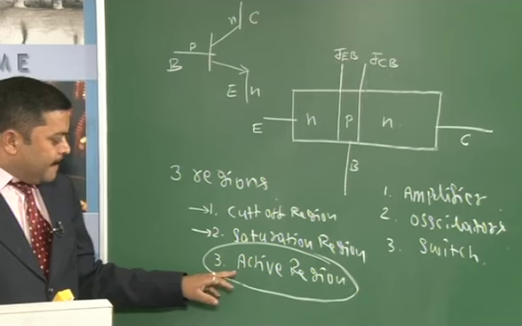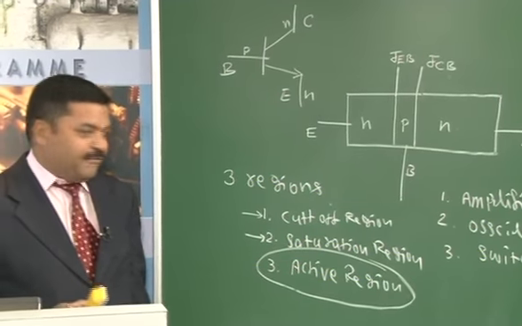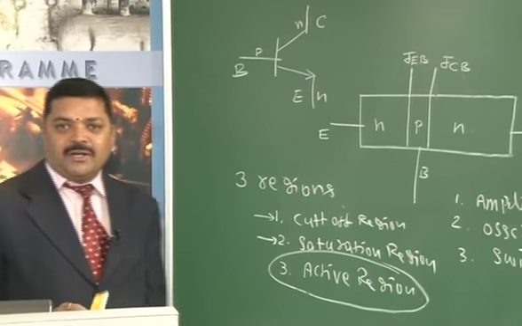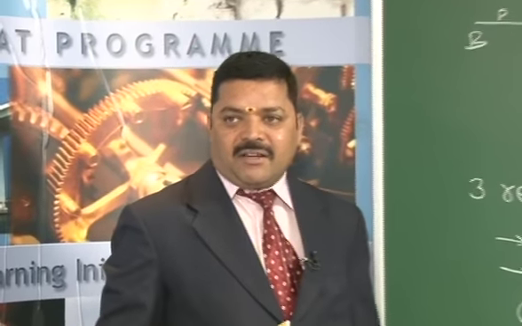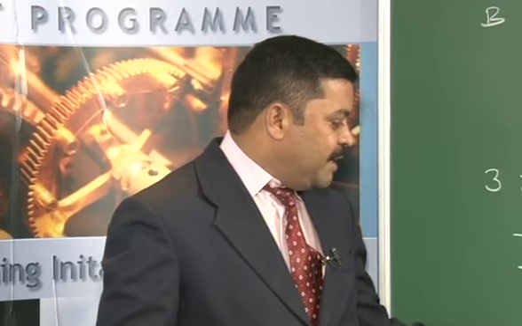Next, coming to which configuration must be used in BJT biasing or the amplifiers. In the first module we have already discussed that there are three configurations of operation of BJT: common emitter configuration, common base configuration and common collector configuration. When we compare all these three configurations, we have seen that the common emitter configuration is the best configuration for amplifier applications. Therefore, we will be using the common emitter configuration in BJT amplifiers.